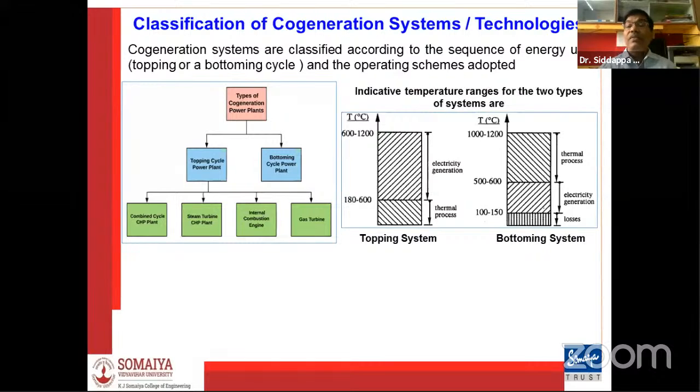That's why, if initially my application is thermal oriented or for a thermal process, then the byproduct of that is used as a source of heat for electricity generation. That type of system is called a bottoming system. Generally, they are in process industries, melting industries, or casting systems, where we use the bottoming type of applications. In topping systems,